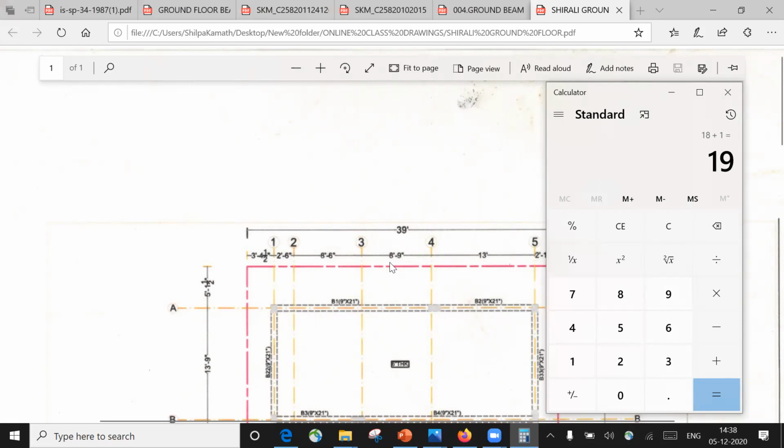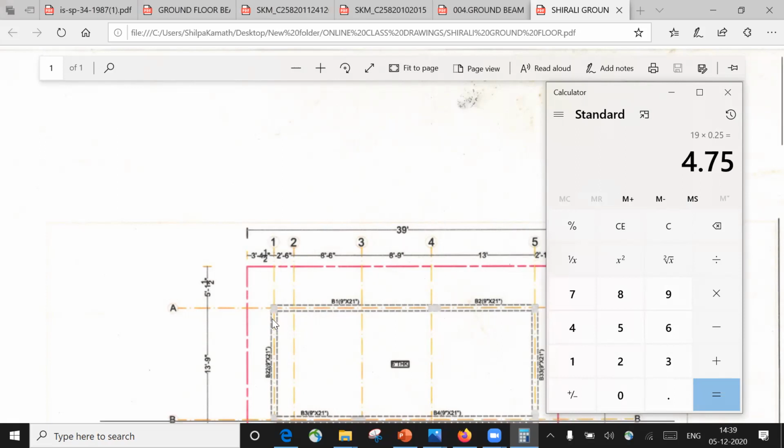Again, I have 9 inches here and I have to convert it to feet. Let us consider 19 only. What was the formula there? You have to multiply it by 0.25. I'll multiply it by 0.25. How much am I getting? 4.75 feet, right? 4.75 feet. Let me explain it again.